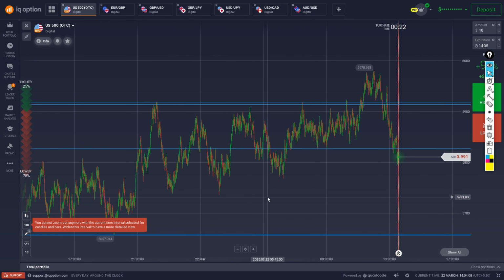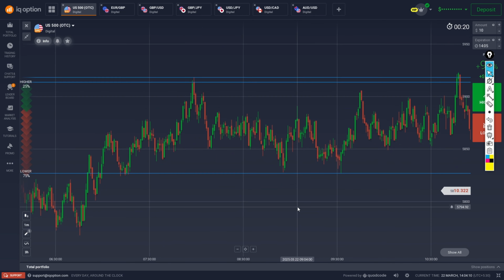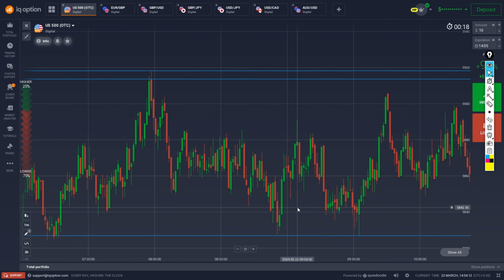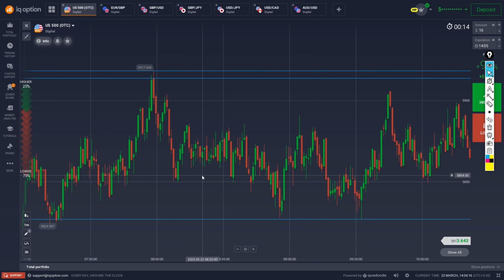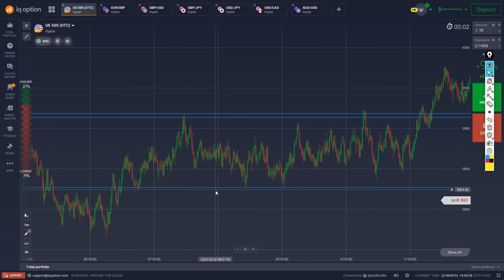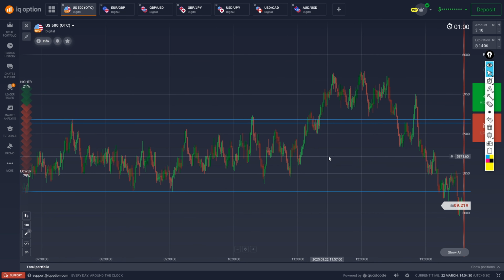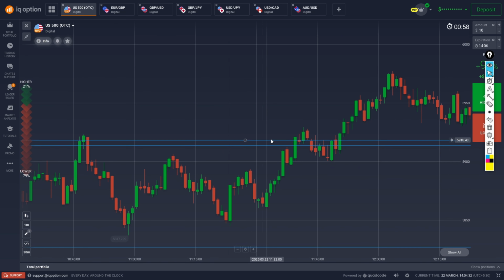That's how you update them, and that is the reason why you update them, because once these zones are broken by a wick or by a body, it shows that all the unfilled buy or sell orders have been executed, and you need to find other zones so that if you have a breakout, you can trade accordingly. Because once you have a breakout, like in this case, if we update this zone,